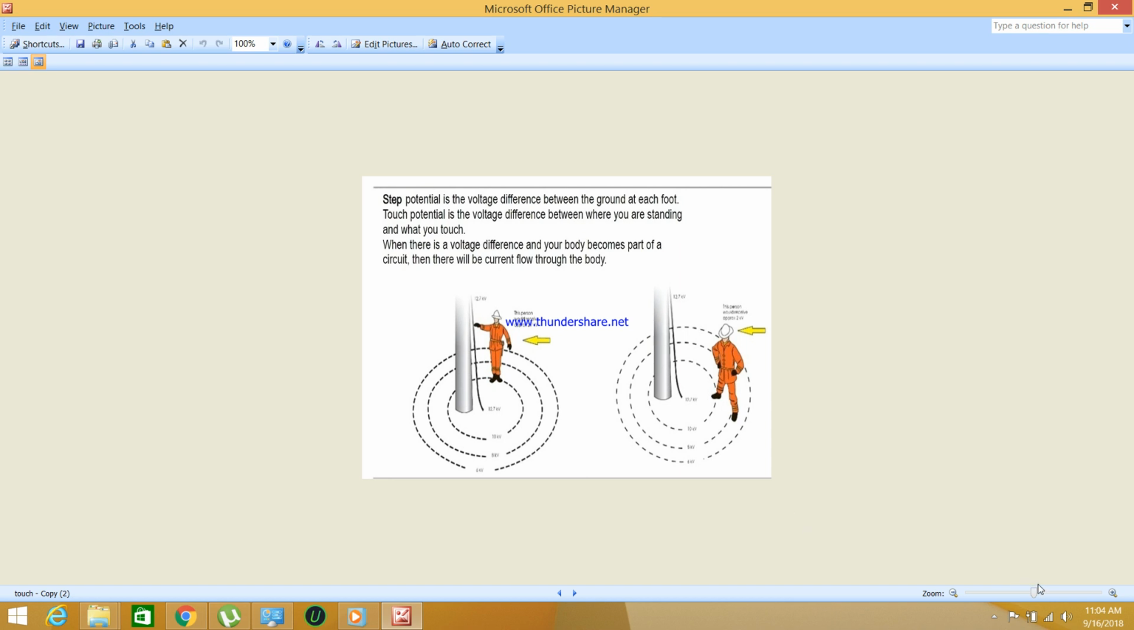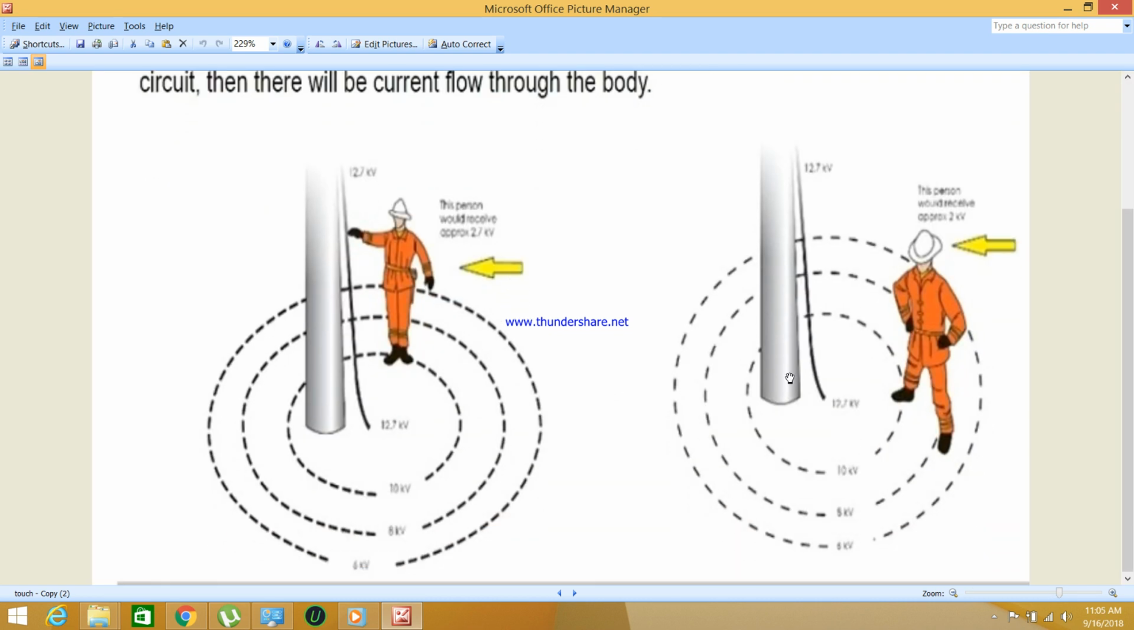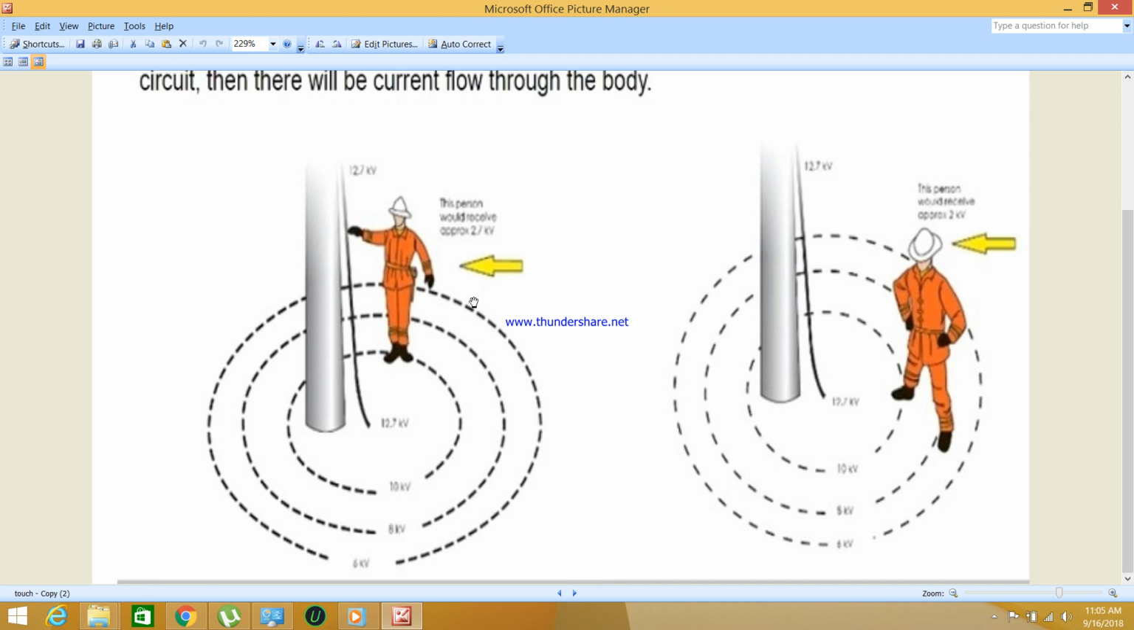And one more thing, touch potential is also as dangerous as step potential, because as I've already explained, whenever an electrical fault occurs, the energy or electricity will travel in the form of ripples or rings around the surface of the ground, and each ring has a different voltage. As you can see in example 1, the